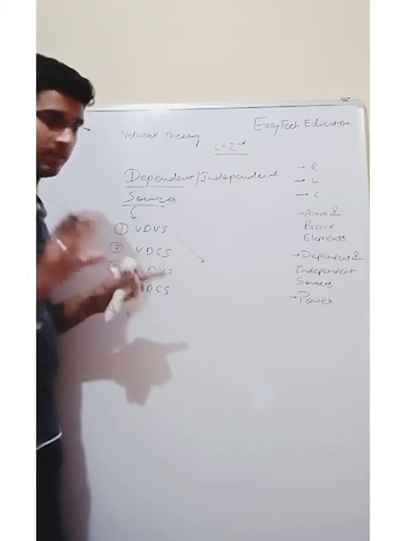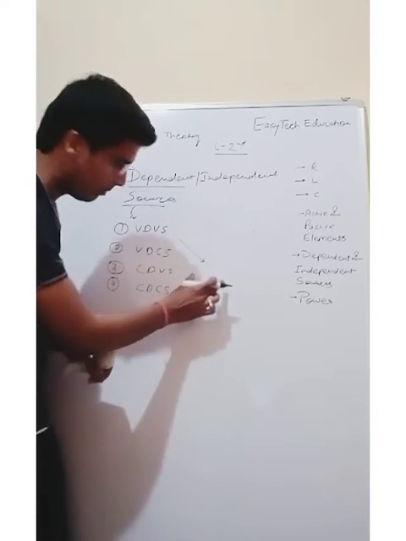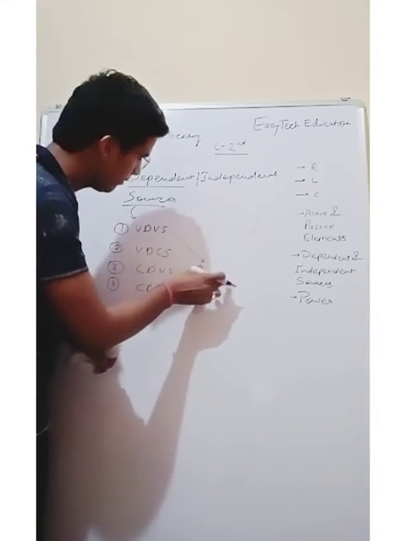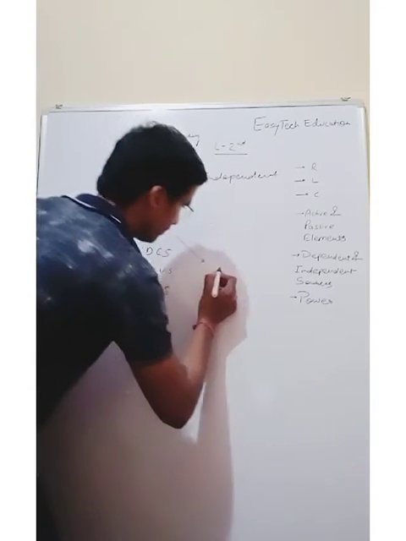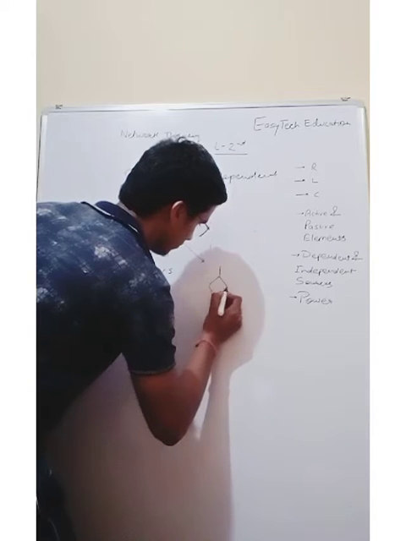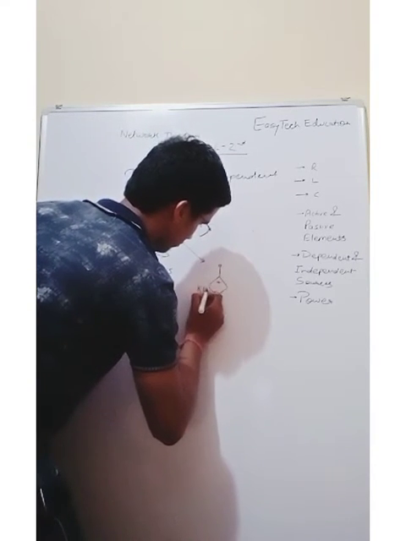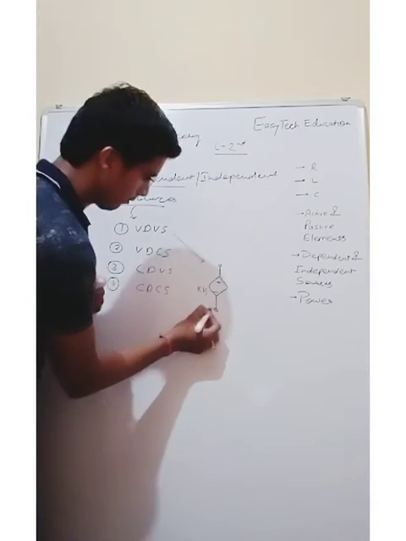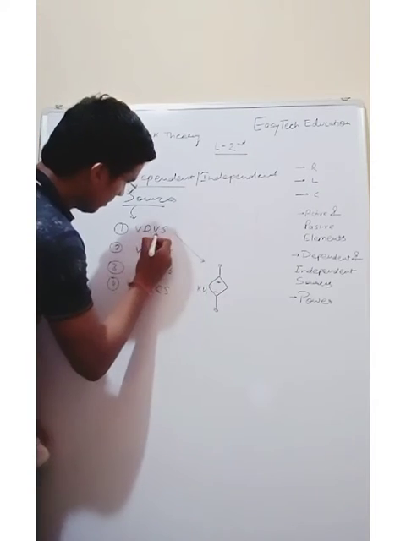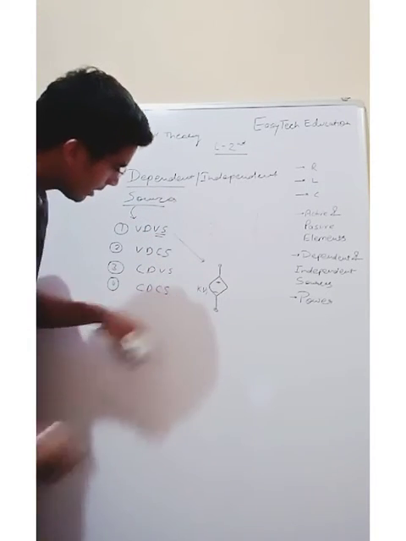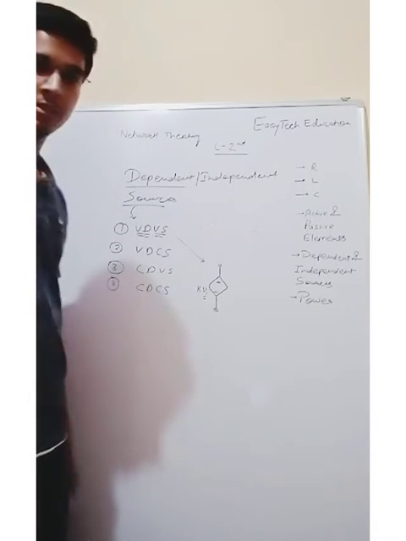It can be represented in the circuit. Whenever you see this symbol that I am going to draw here, that means it is in the category of voltage dependent voltage source. This has plus and minus, that means it is a voltage source. Now its value depends on this Vi, that means it is voltage dependent. That's why it's a voltage dependent voltage source.